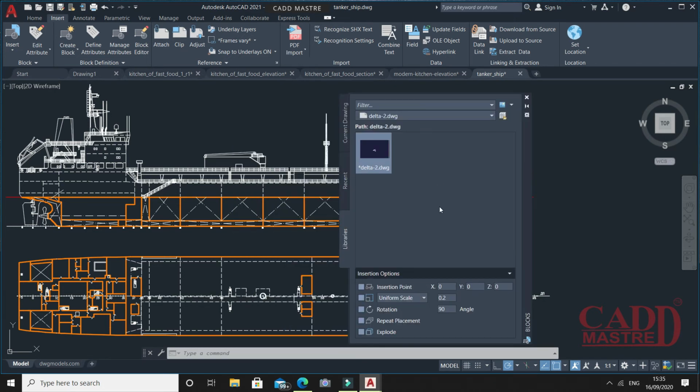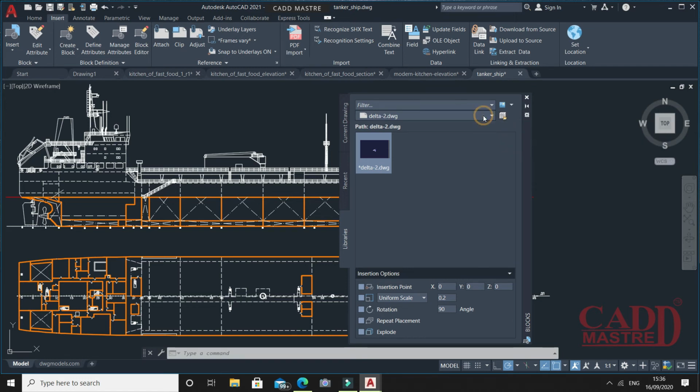Under the library tab, you can create your own library or you can access the library from Autodesk for the various drawing blocks. This icon shows the block browsing library.